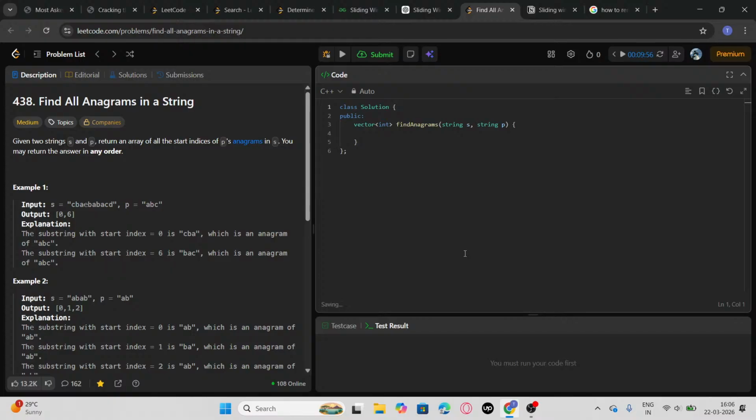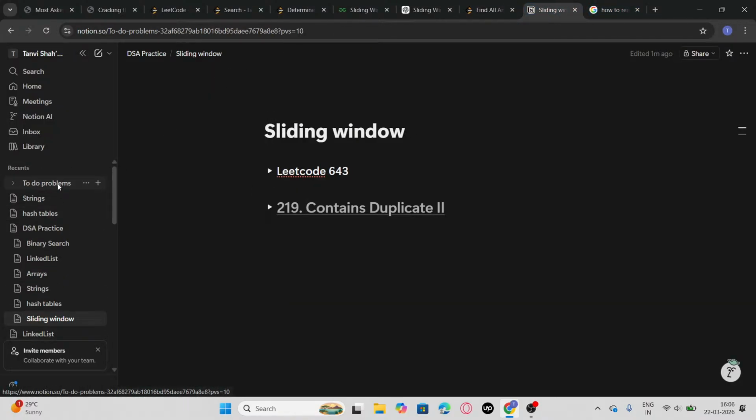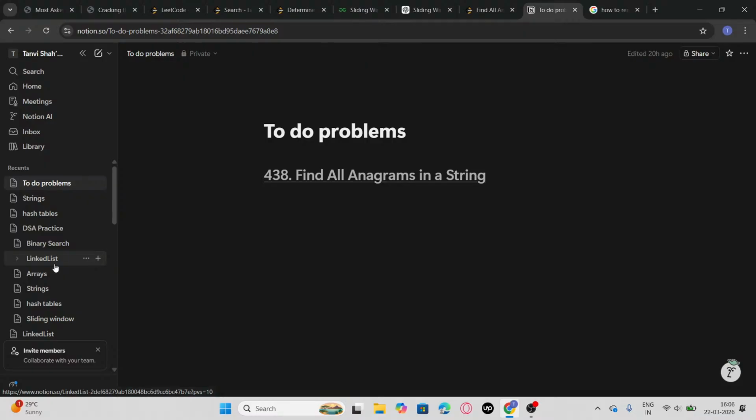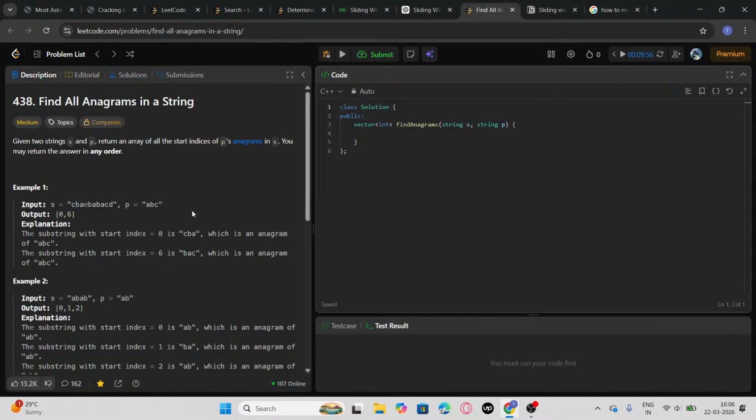Let's try. This is also a sliding window problem which I wanted to solve. I think I mentioned that problem in the to-do list. To-do problems. Yes, see, I knew it. So let's solve this problem. Okay, it says given two strings s and p, return an array of